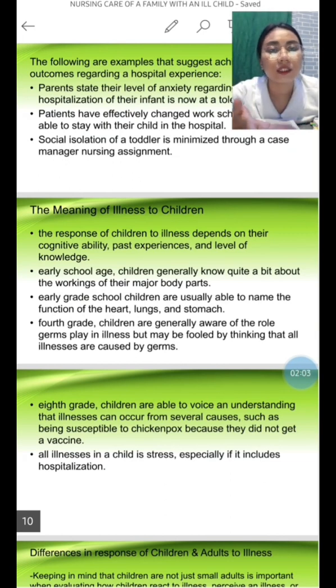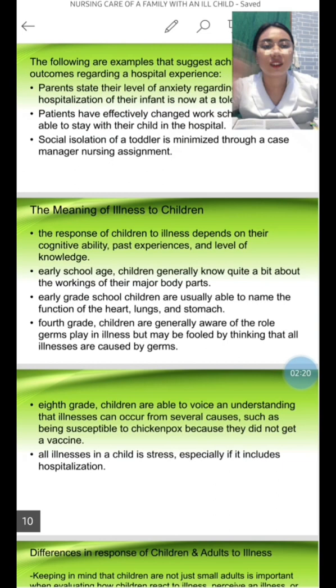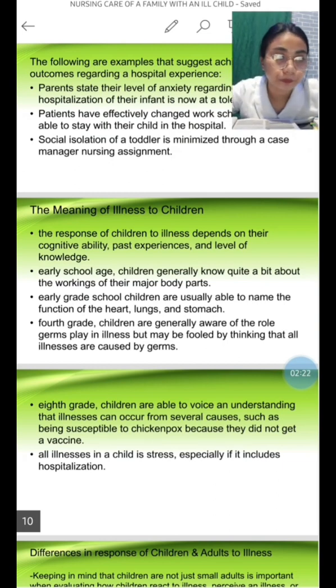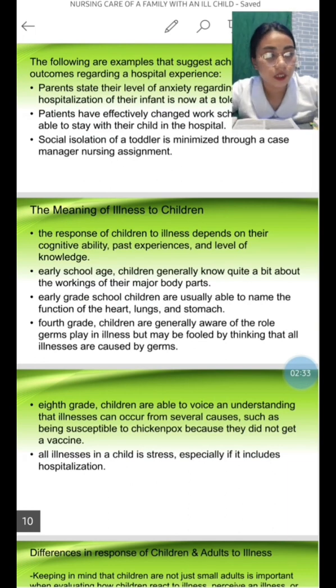Also, we can recognize it as healthcare providers by identifying the signs and symptoms and giving the desired interventions. Yes, it is stressful, most especially if the child is hospitalized, but since their health is our top priority, we need to do that. So next is